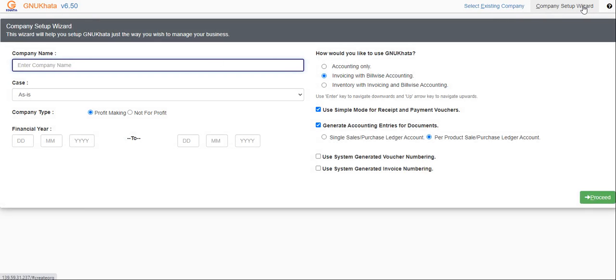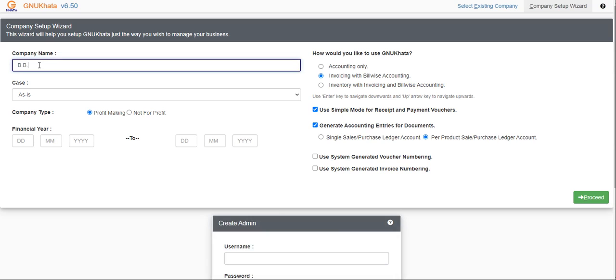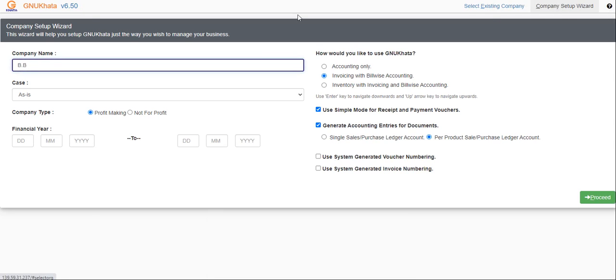You will have to select the company setup wizard first, and then create your company. See what I have done? I have gone to the company wizard, and then I am going to write here BB Enterprise 1, 2, 3, 4 as the name of my company.